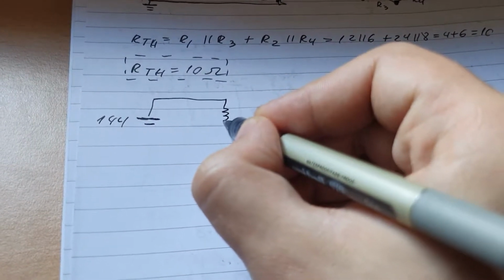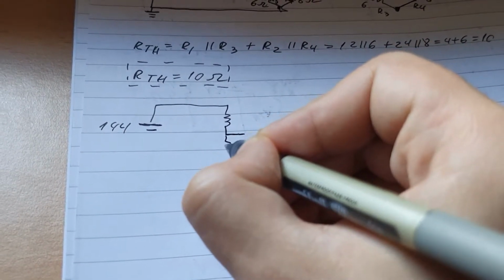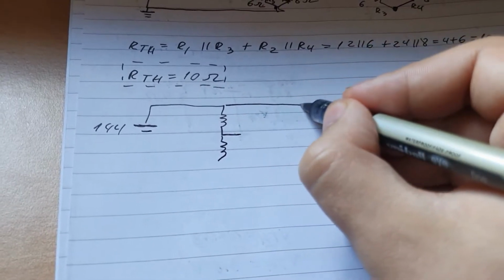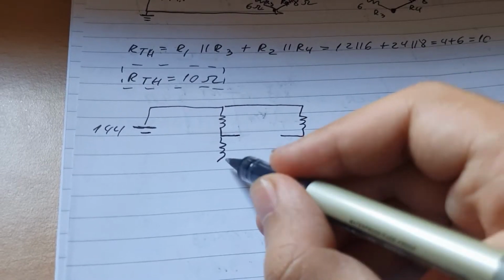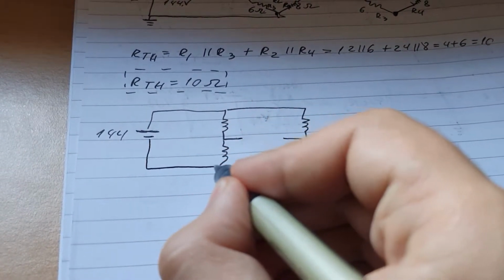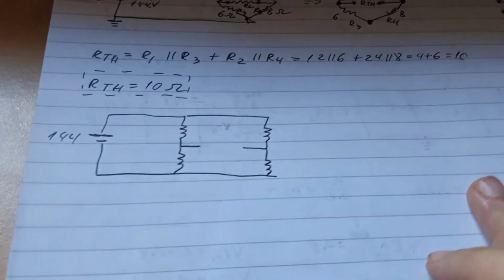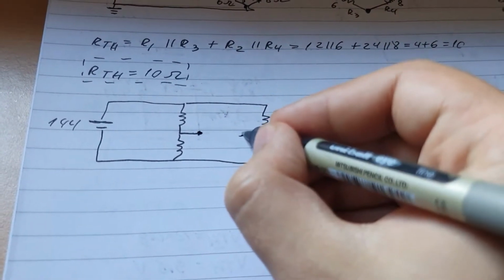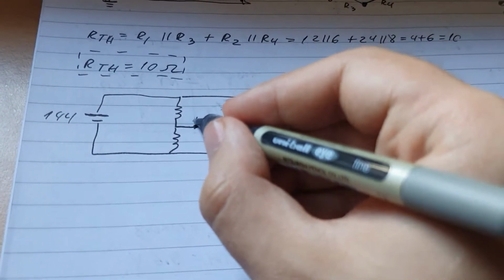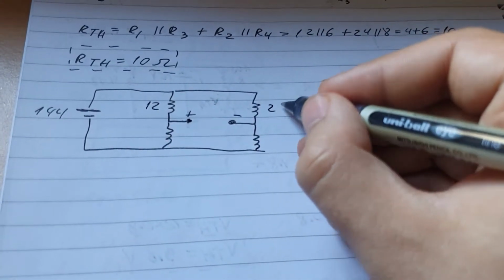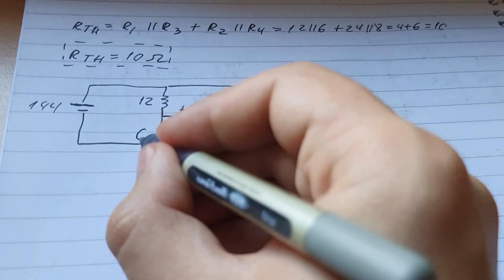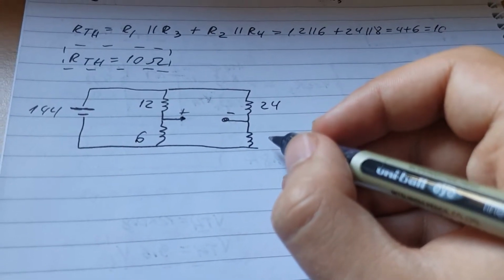One resistor here, there's a parallel one, there's another one here, one resistor here, there's that one for the R_TH, and this is another one here. There you go. And then those 2 points here meet. This will be a plus, this will be a minus. This will be 12, 24, 6, and